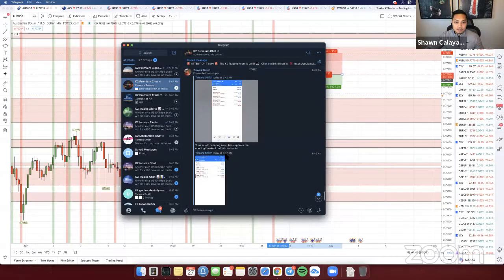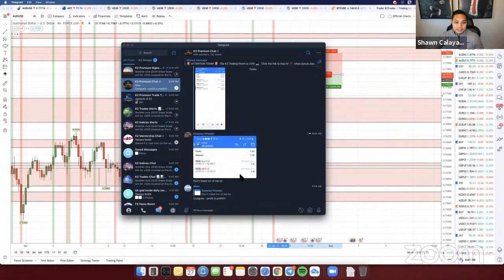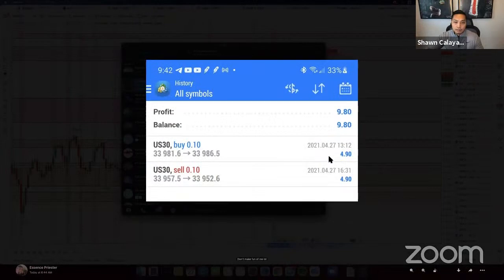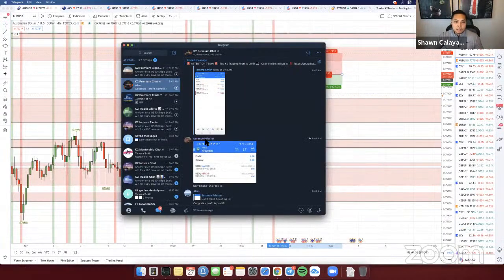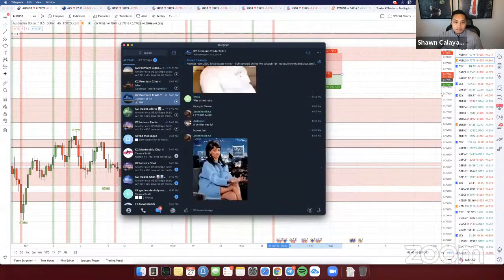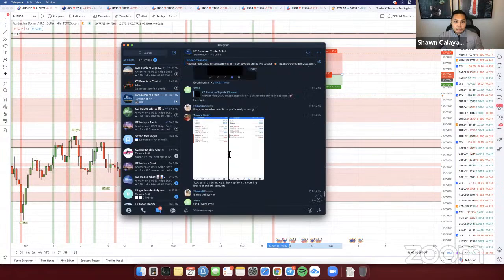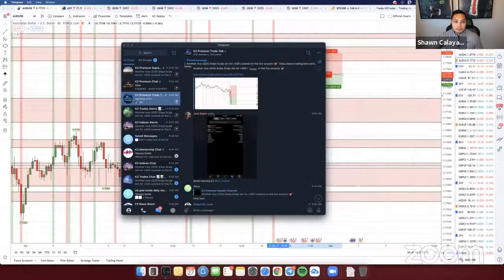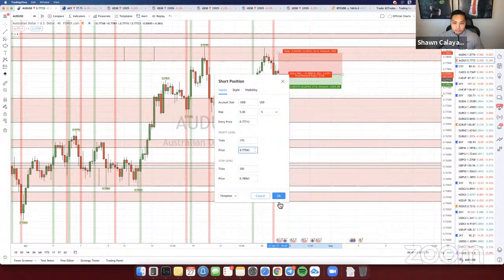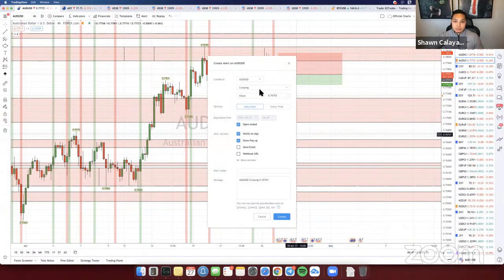Nice. Essence made $9. No, it's good. Essence said, don't make fun of me. No, you're good, Essence. Profit's profit. Doesn't matter if you have a big account or a small account, right? Essence is trading a small account. She made 10 bucks with us this morning. She did good. Tam over here made about 595. Yeah, everyone made money here. Josh made 1,000. So it doesn't matter if you have a big account or small account, guys. Profit is profit here. Even if you have a small account, if you keep stacking up those small wins, they're going to add up to bigger profits. It's all about compounding those profits over and over again.